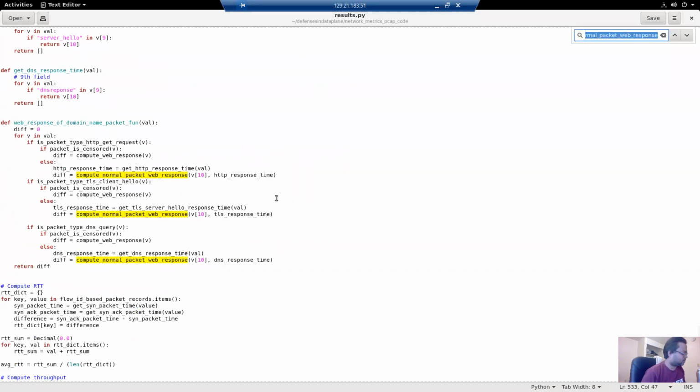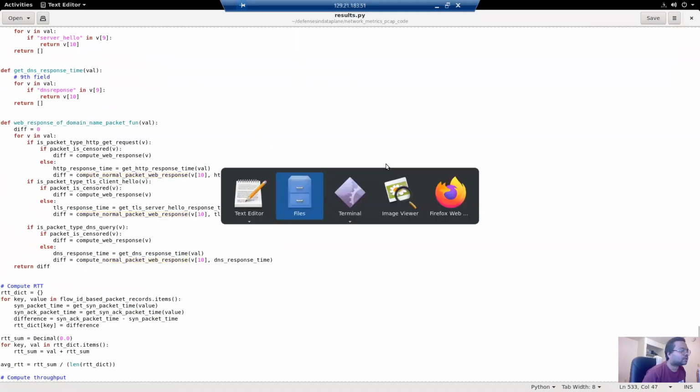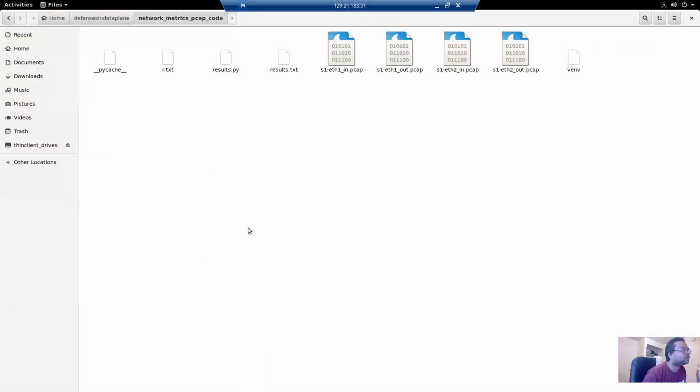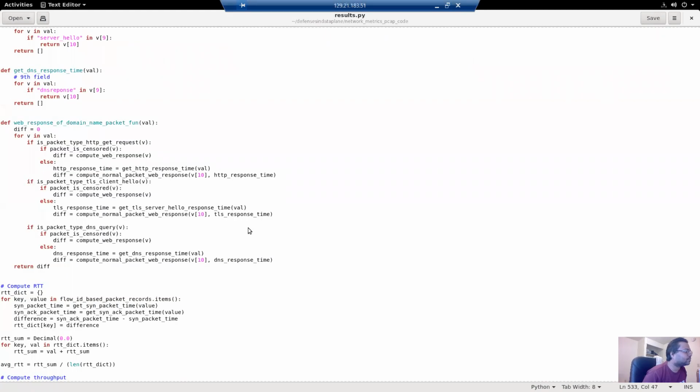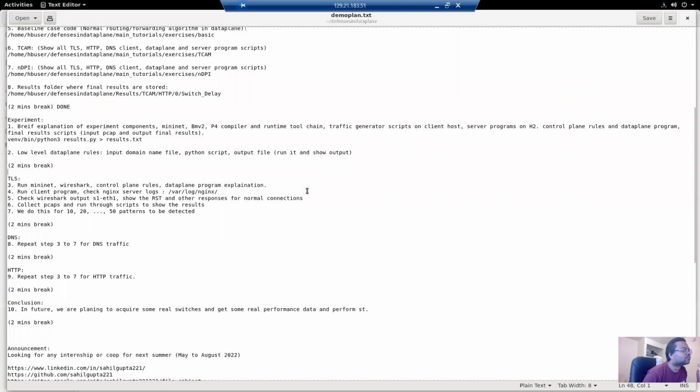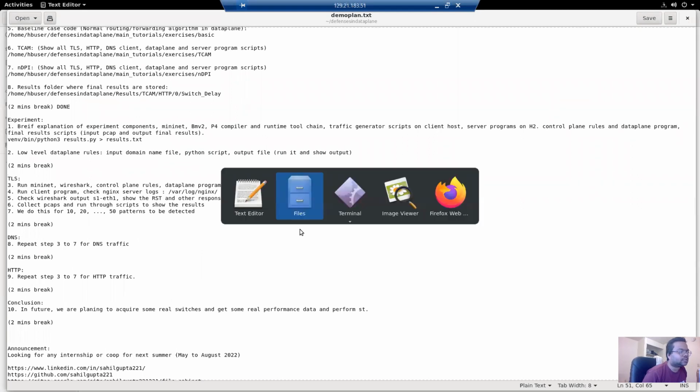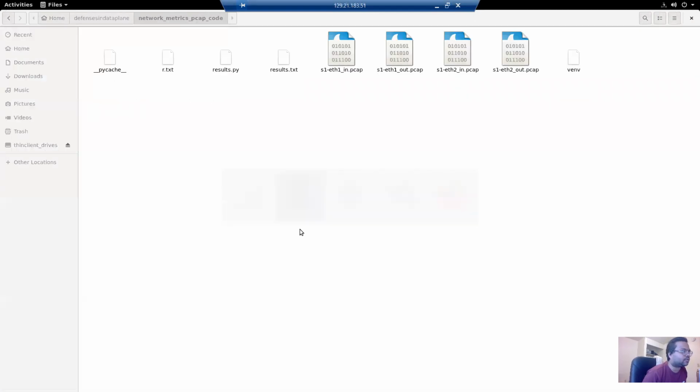Now, let's move again back to our agenda. So again, no hassle, just collect the PCAPs and run this script. It will automatically generate the results.